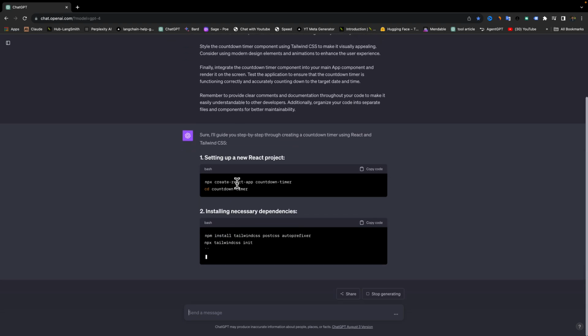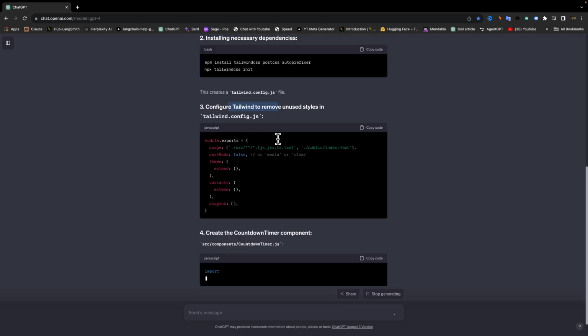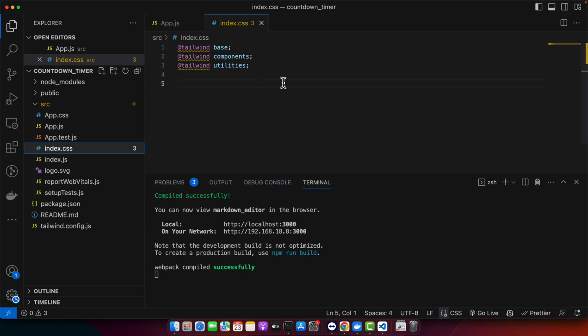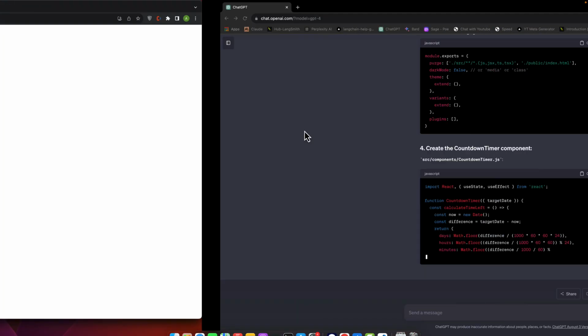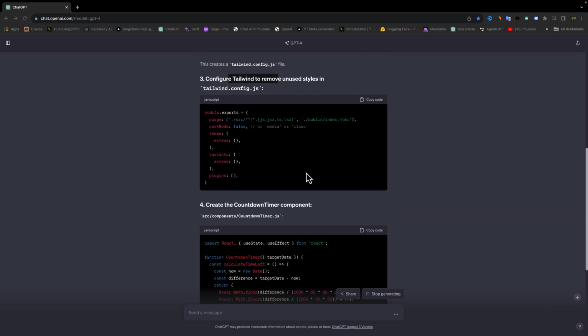First, we need to create the app that is already created for me. You can see the React.js application is currently running. I already have configured the Tailwind CSS as well. As you can see here, I also have added the base files for the Tailwind. Next, it is asking us to